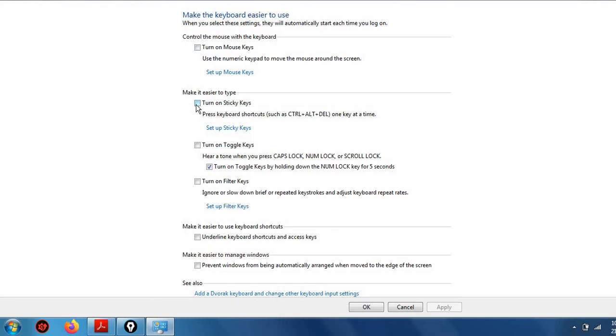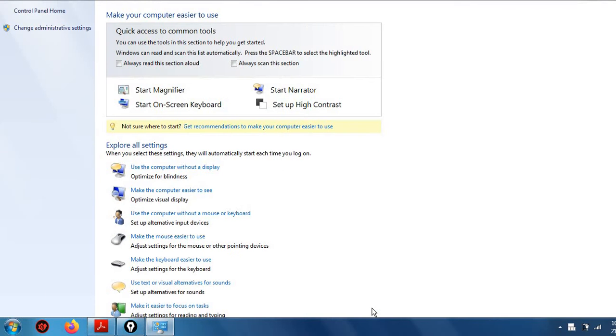Now here we can see turn on sticky keys. We are talking about sticky keys, right? So first we have to activate sticky keys. We will check this box. We have checked this. Now we will apply it from here and then click on OK, right? Now our sticky keys has been selected.